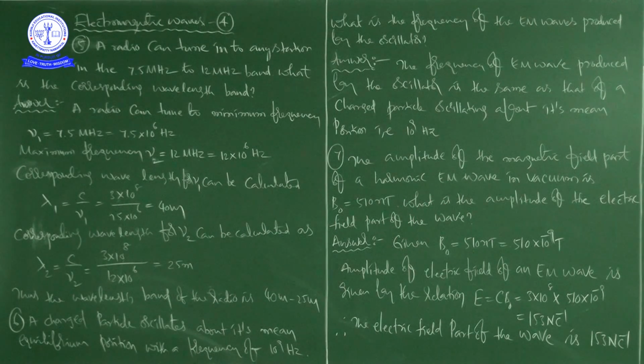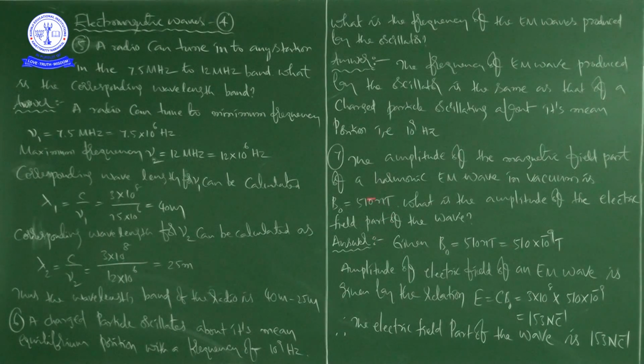I will repeat once again before entering the 7th problem. That is the definition of an electromagnetic wave. An electromagnetic wave consists of an oscillating electric field and an oscillating magnetic field which oscillate perpendicular to each other and also perpendicular to the direction of propagation of the wave. That's why, as simple as that, he is calling the amplitude of the magnetic field part of a harmonic electromagnetic wave in vacuum B naught is equal to 510